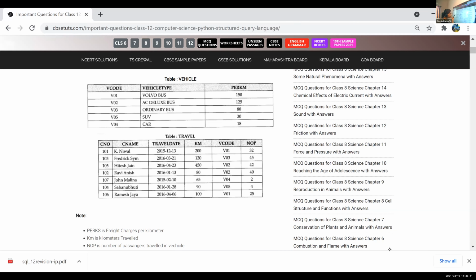You can see two tables in the question. One is vehicle and the other one is travel. Vehicle has V code, vehicle type, per kilometer. Another table is travel: CNO, C name, travel date, KM, V code, NOP.